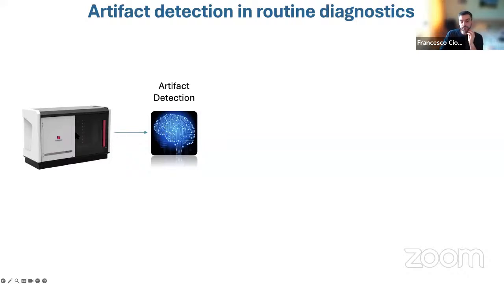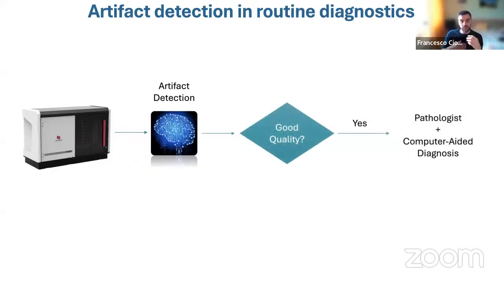So we developed this algorithm, and then we thought, okay, how can we use it? We want to use it as close as possible to the scanner, right? So ideally, even running in the scanner, because as we scan, we want to check if the quality of the slide is good. Because if yes, then the slide goes to the pathologist, and maybe optionally with the support of an AI system. But if not, then the technician in the lab could work together with this AI system and decide what to do. For example, rescan the slide or clean it up and rescan it after cleaning, for example, if there are fingerprints or dust, etc. Or if really the tissue is compromised or broken, then they have to cut a new one, right?